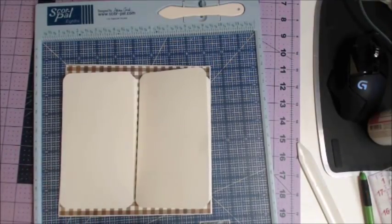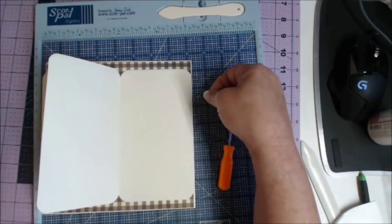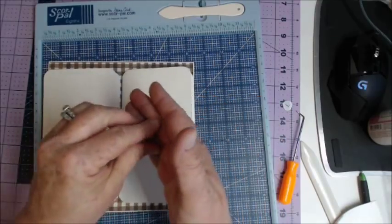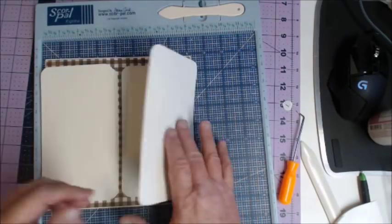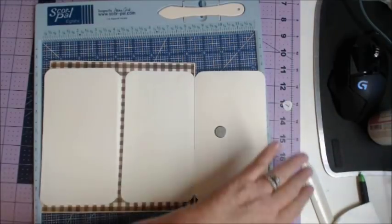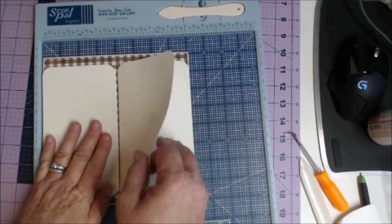So we'll need to throw things around here. Our magnets. First one there. Then I want it to attach there so it can attach down to the back, the base page, basically. Like that, or